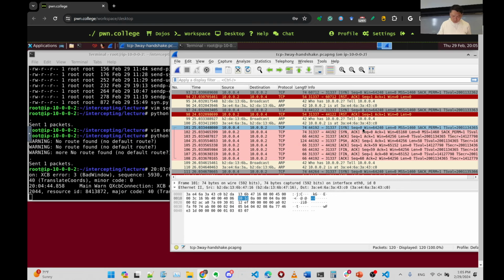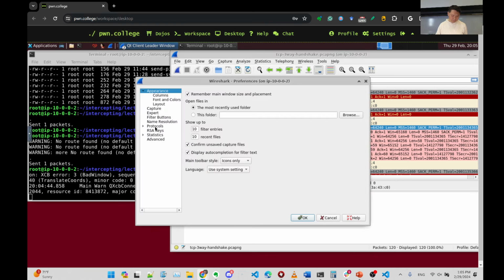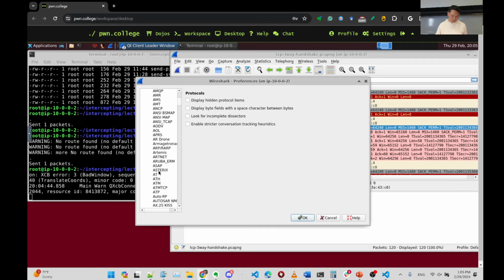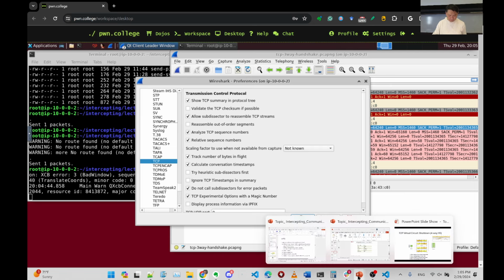But the actual sequence number can be seen with that option. So Edit, Preferences, Protocol, TCP. Yes, the relative sequence number. So this number, see,